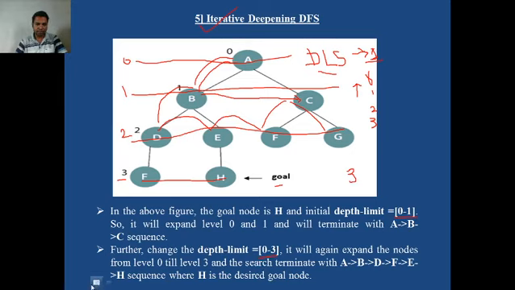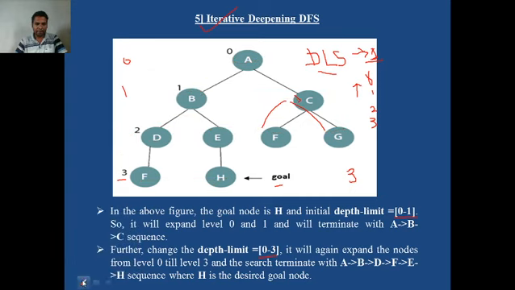Then again we traverse the search tree using depth first search. Obviously this particular algorithm uses depth first search, but it is an iterative deepening depth first search. So from node A it is explored in this direction to B, from B to D, and as your depth limit is 3, from D to F the graph is traversed. As F is not a goal node, the algorithm backtracks the search tree.